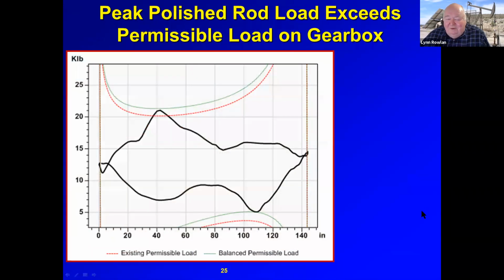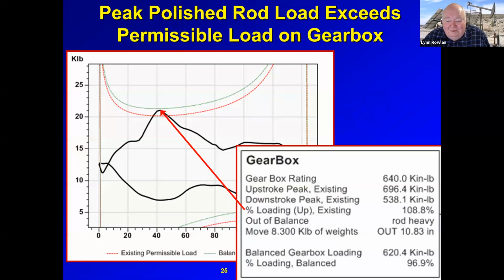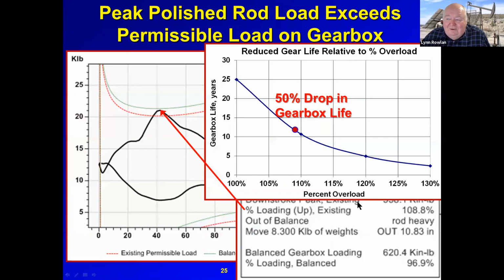Now this is called a permissible load diagram. That's for torquing the gearbox. And if this load right here goes above that dashed red line, it means that we're overloaded and we're damaging our gearbox. And so we calculate that this pumping unit is overloaded by 8%, and based on information from Lufkin,